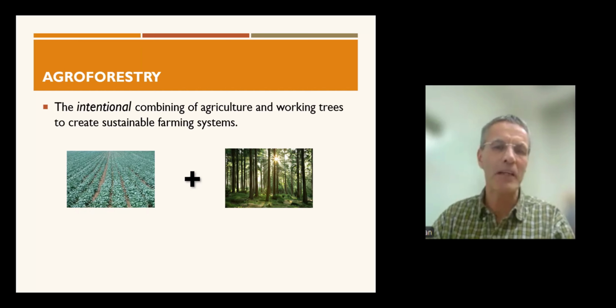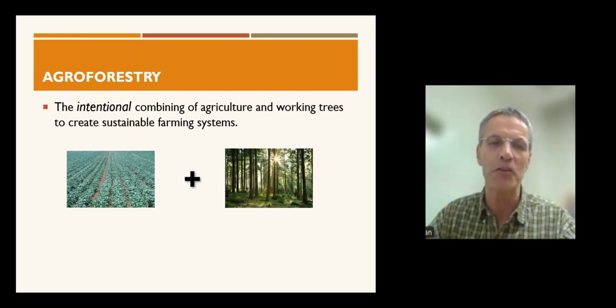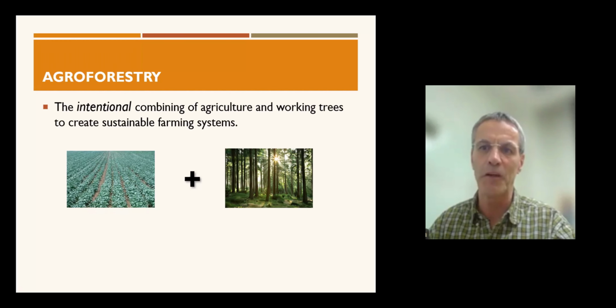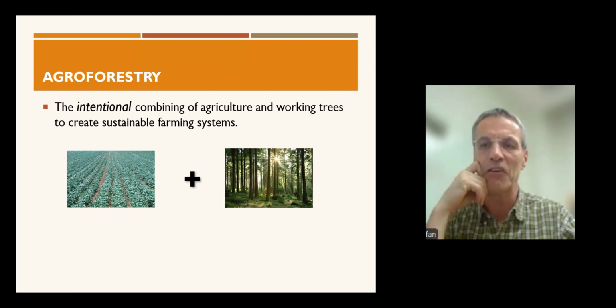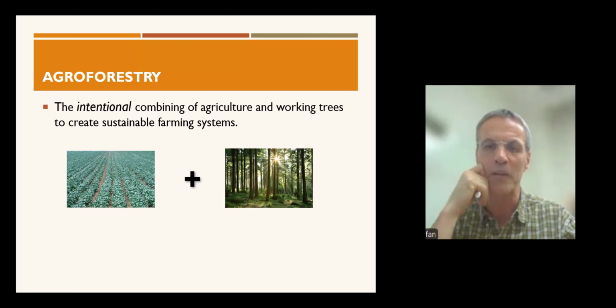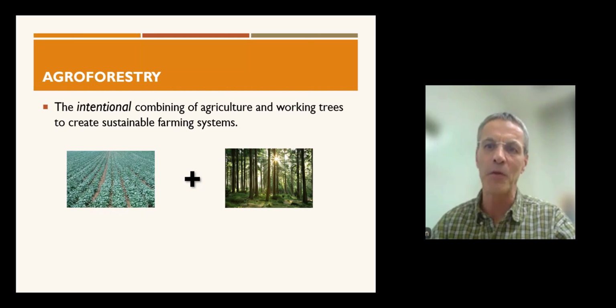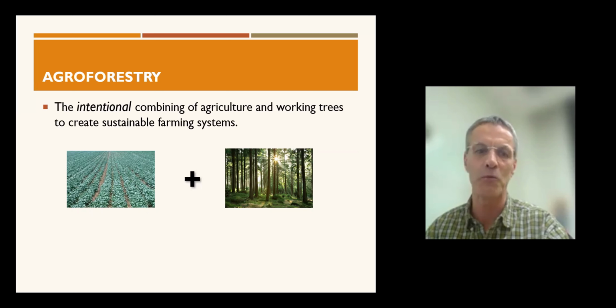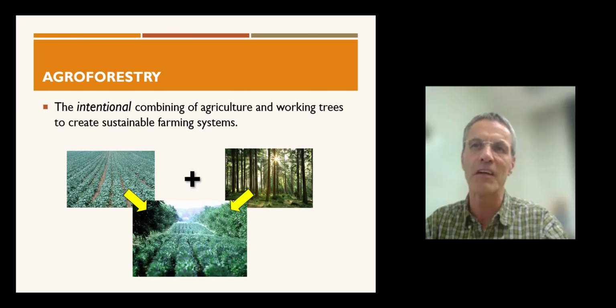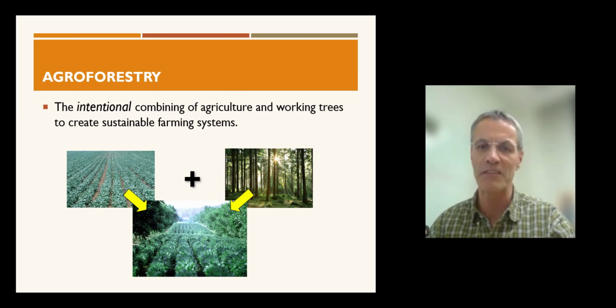Let's start by just talking very broadly about agroforestry, and then we get more into the details of alley cropping. The word agroforestry kind of tells you what it is. So basically a combination of traditional agriculture with forestry, and that's where the word comes from. It's not just kind of throwing things together, but it's really intentionally working on both and combining them both to create economic benefit, to create an environmental benefit, and hopefully also a social benefit. So it's combining these, the agricultural part and the forestry part, into one intentional design system.